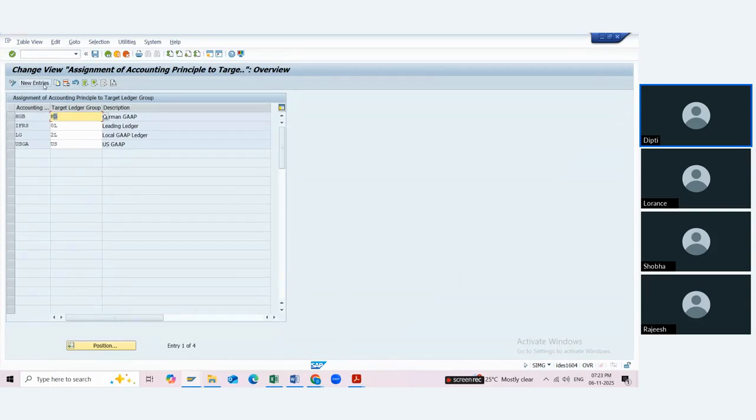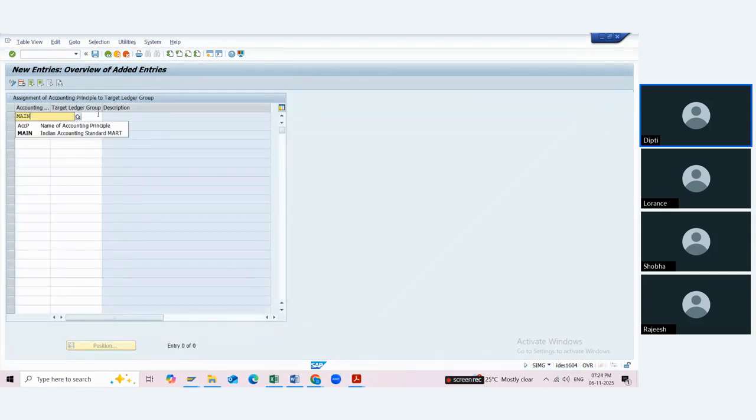So for me, new entry, here I'm going to assign MAIN to 0L, that is the leading ledger, and MAIF, IFRS, to the non-leading ledger. So this is compulsory. Both of these need to be posted as real-time entries. That's why we need to assign it compulsorily. Okay, so we have to assign it here.